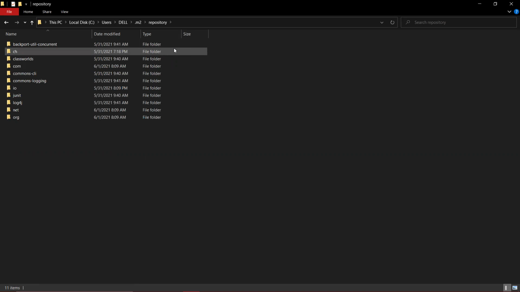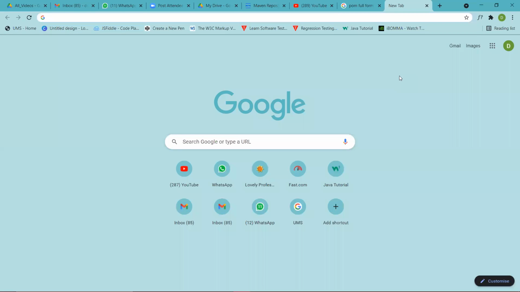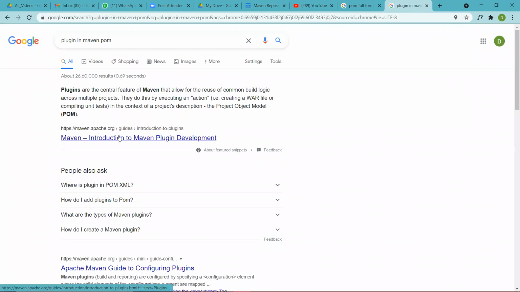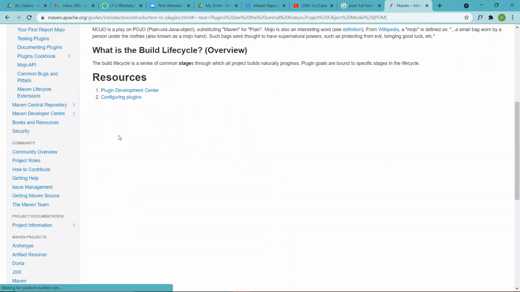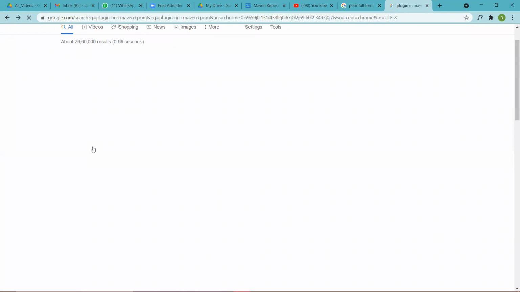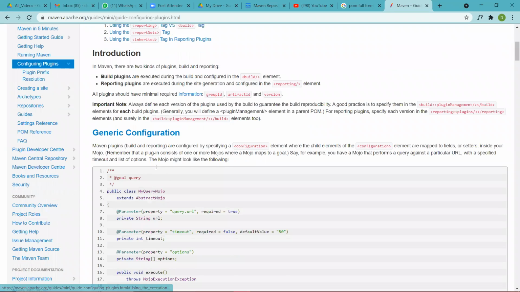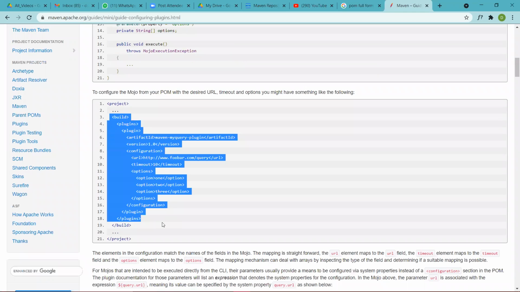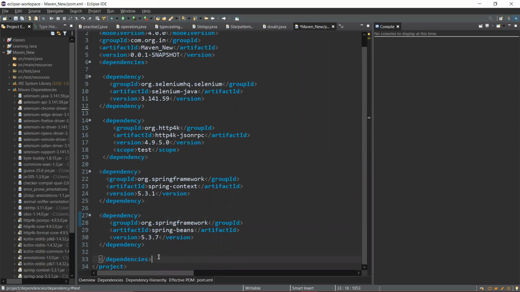Okay. Can you take one plugin and save it in your repository folder, outside the dependencies?